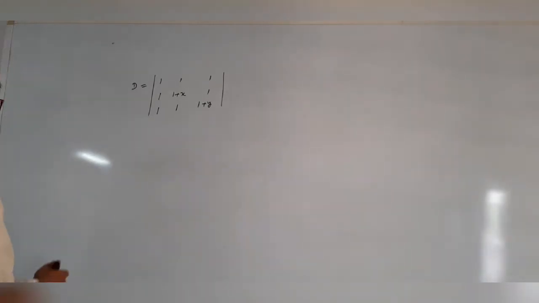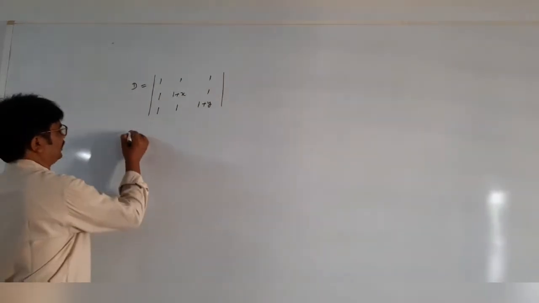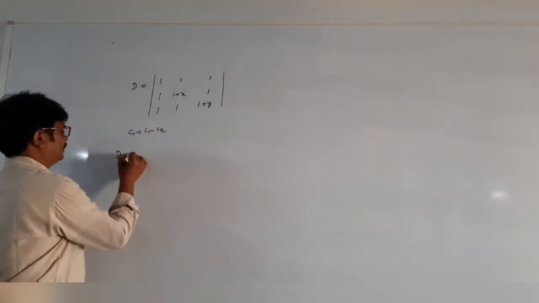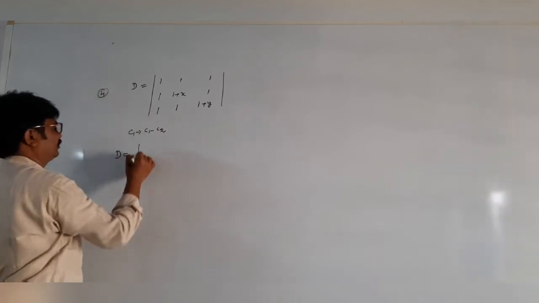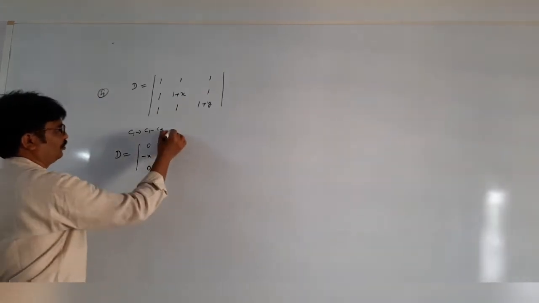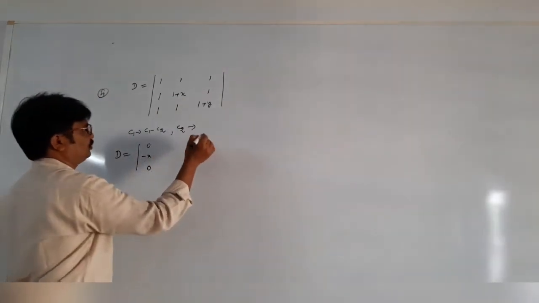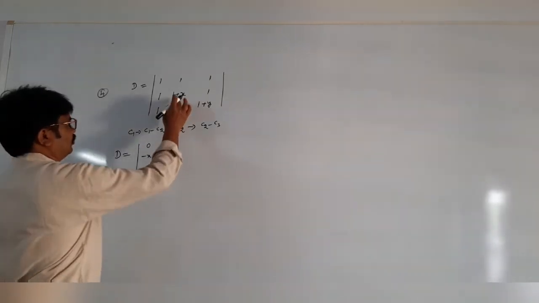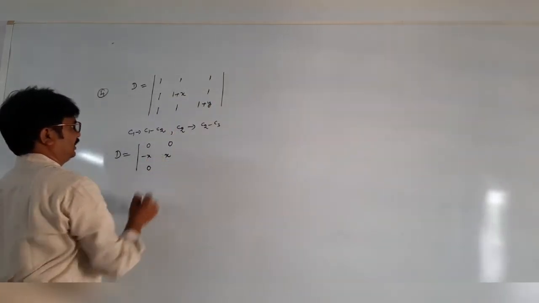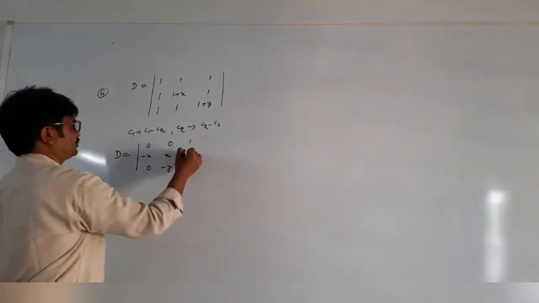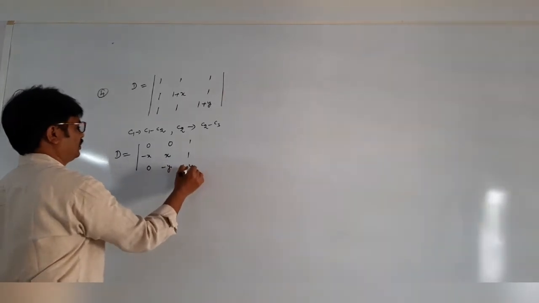So, students, first we find the determinant. We take C1 replaced by C1 minus C2. That is 1 minus 1, 0, and minus x. And also C2 is replaced by C2 minus C3. This is also 1 minus 1, 0, and 1 plus x minus 1, x, and minus y. So, students, the last column is 1, 1, 1 plus y.